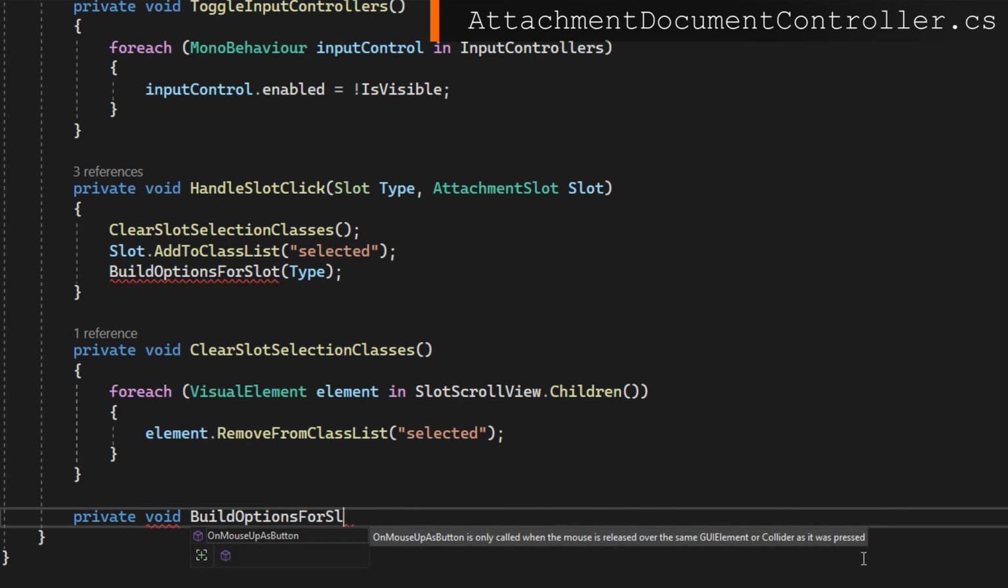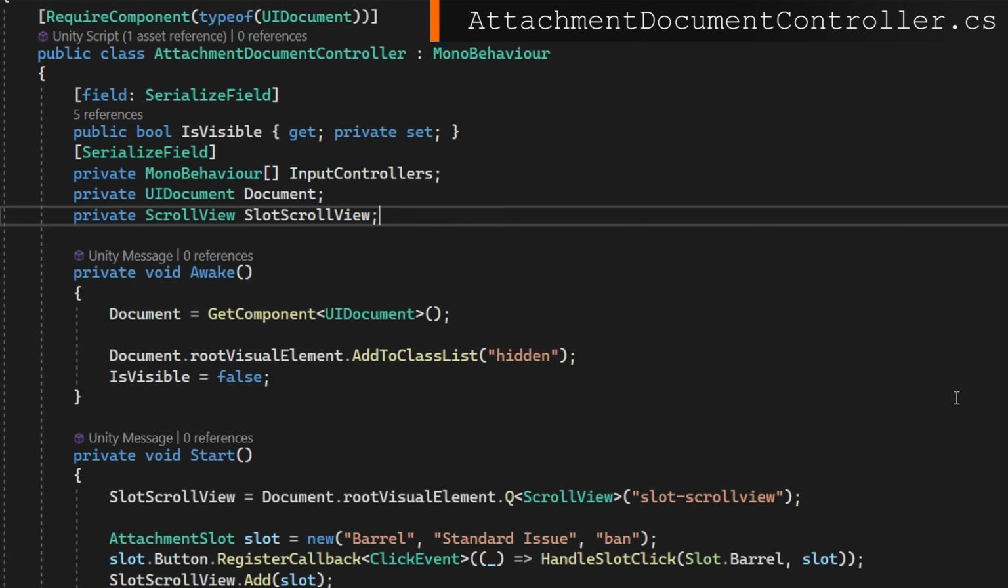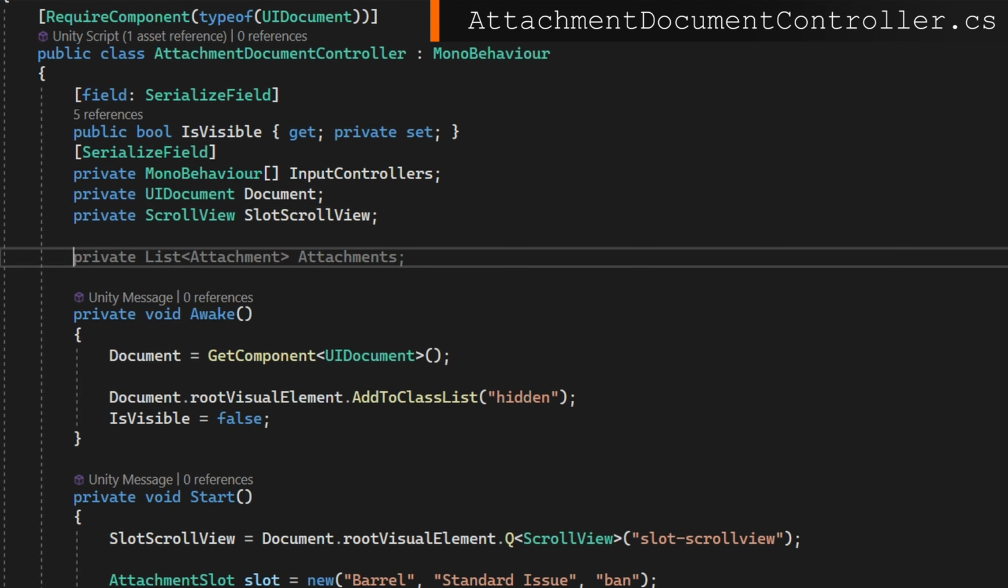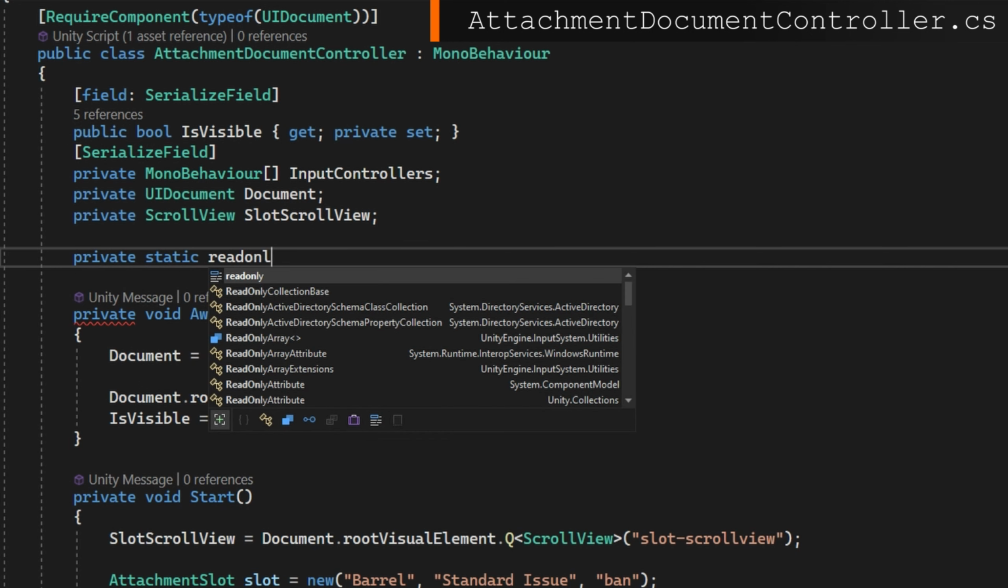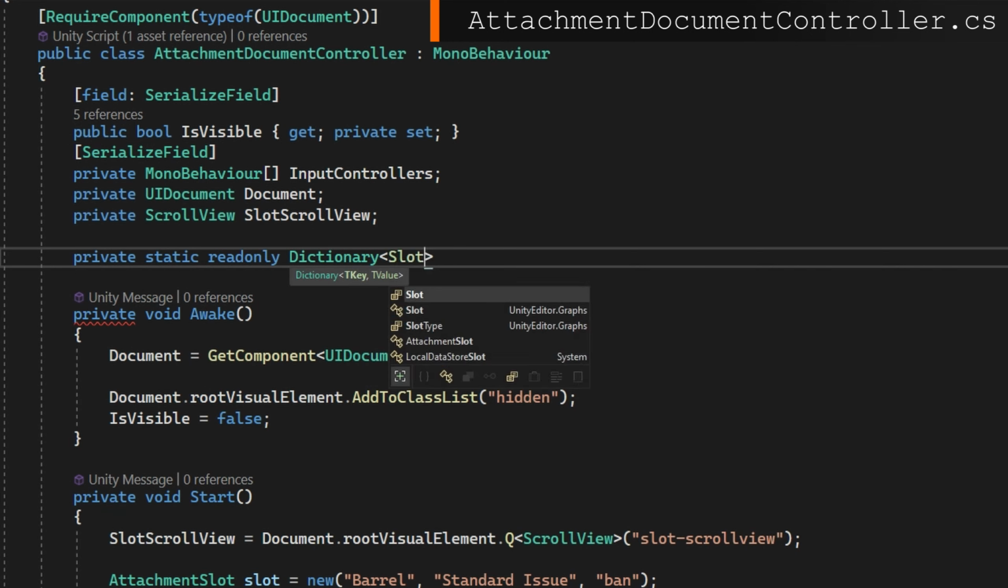We need some way to associate a slot with which attachments are available for a particular gun. Making a system like that is a little bit out of scope for a single video. I think this would be like an hour long if I needed to do that as well. For now, so we can see how we can make the UI work and actually make the attachments modify a gun, we're going to define a private static readonly dictionary of slot to attachment